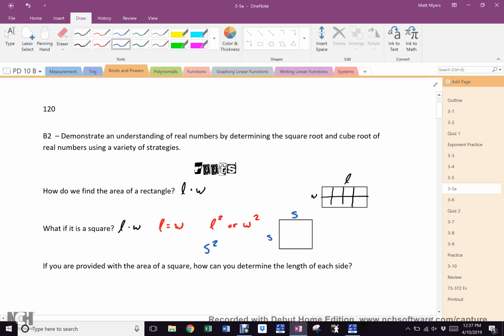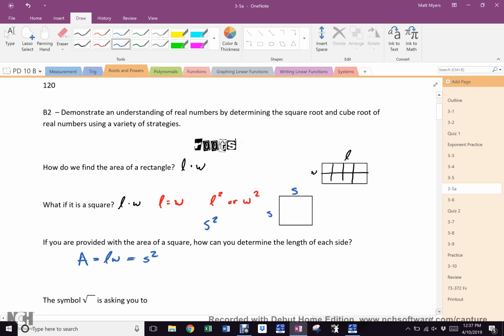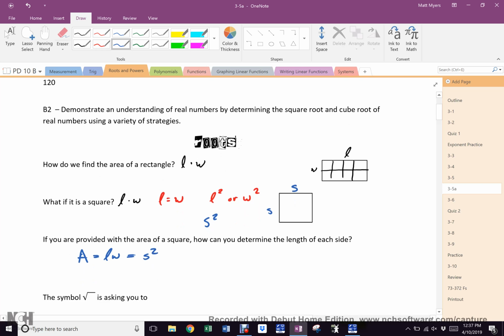Now, if you're provided with the area of a square, we know that area equals LW, but we know that it also equals S squared. So if you're provided with the area, how do you determine the side? Of course, it is square root. Square root both, and you get side. Now,